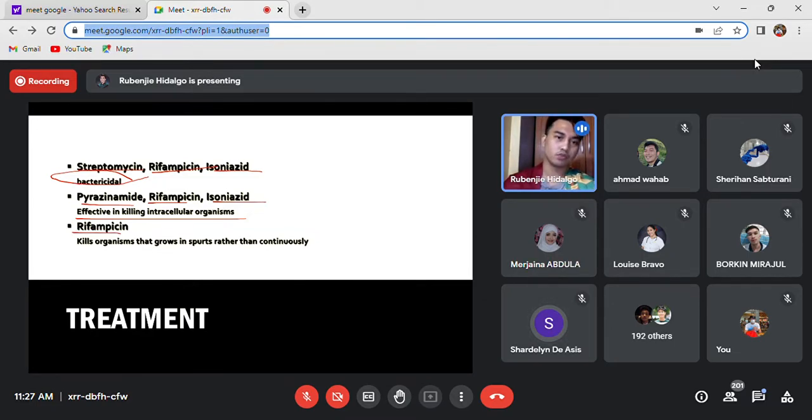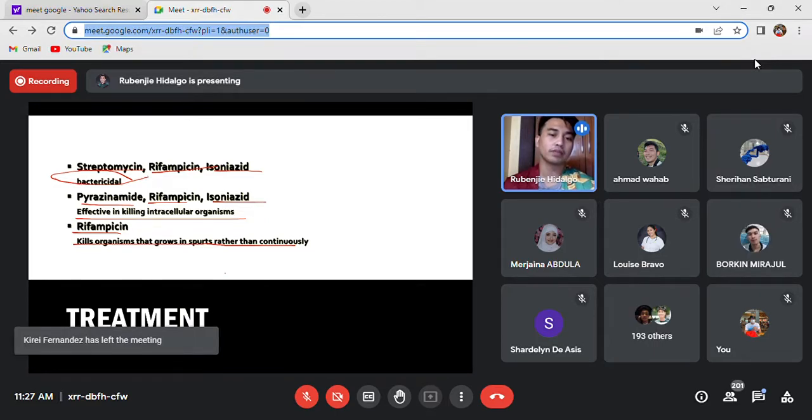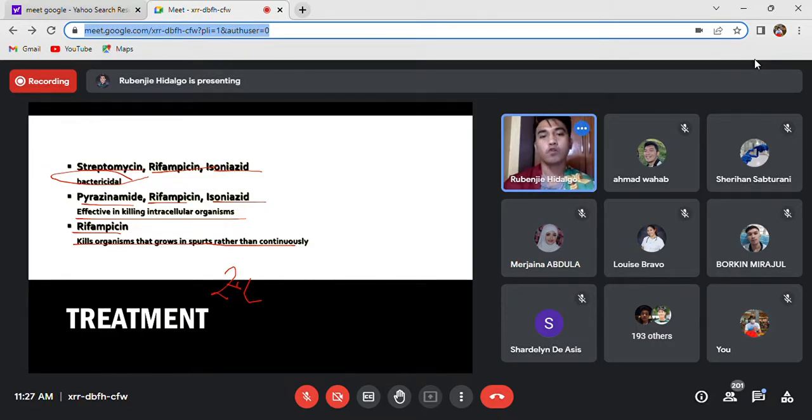This is best used for organism that grows in spurts rather than continuously. Kasi alam naman natin, yung growth ng Mycobacterium tuberculosis ay times 2 ng times 2. Hindi lahat sila agad maglalabas. Kumbaga paunti-unti. So the best ang rifampicin for that. Also, please take note, kaya siya nilagay na RIPES